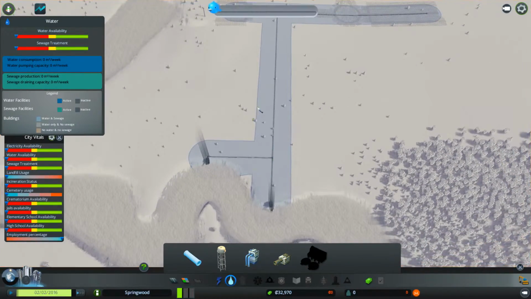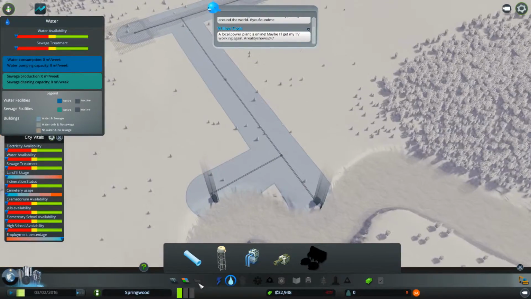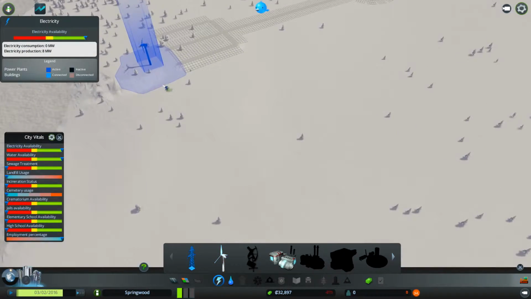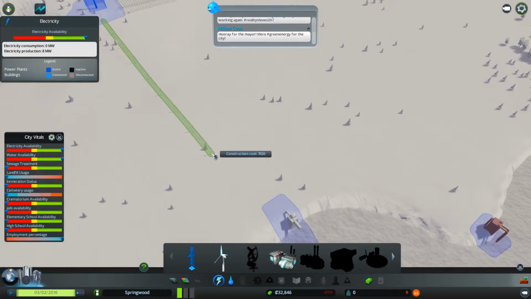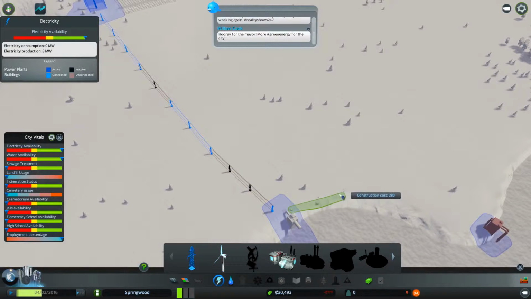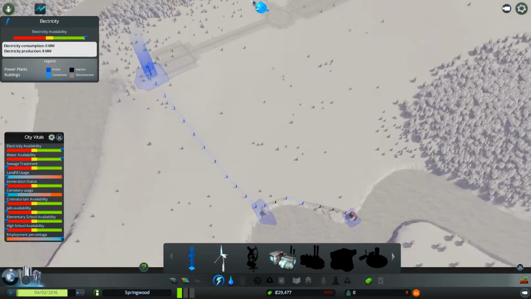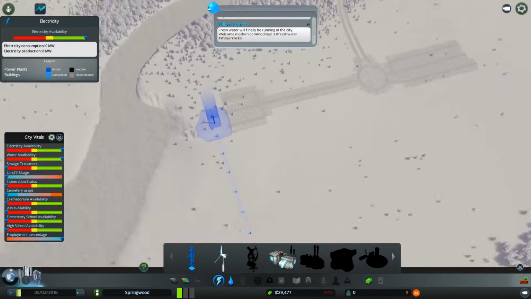So, well, that gives you an idea of what my initial thinking would be for laying out the city. We've got the turbine in, so I would probably just come down here. I've spent a lot of money, and this is going to be an expensive start to the city, so I certainly would have to watch that. And then,